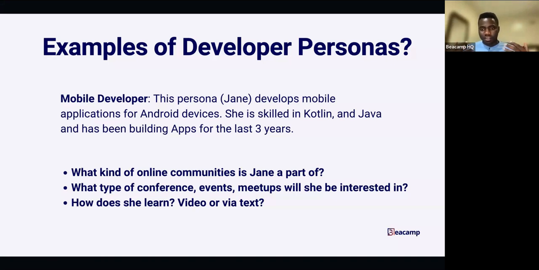Developers are very fond of Googling things, an error, a bug. How does it work? The Google search. So we need to be there so that Jane will see us. In all of the journey for Jane looking for solutions for building Android apps, let Jane find us. That's the entire aim of it. So there's a whole lot of things going on there, but the persona is the first step to getting it done.